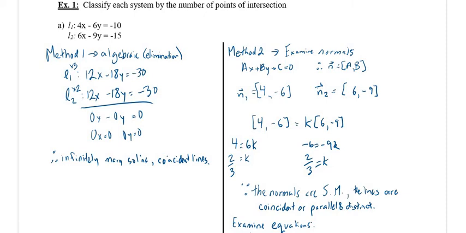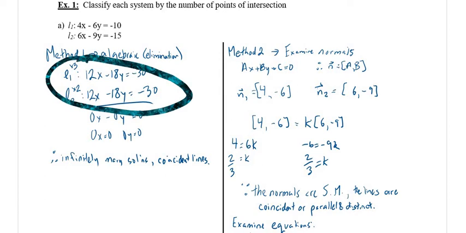Now, let's deal with a specific one here. This is 2 scalar equations, line 1 and line 2, that's asking us to find the point of intersection. Option 1 is very, very simple. You guys know this: elimination. All you're going to do is multiply them both to eliminate a variable. So we're going to multiply line 1 by 3 and line 2 by 2 to get them both up to 12x. And you notice that when you multiply those 2 out,